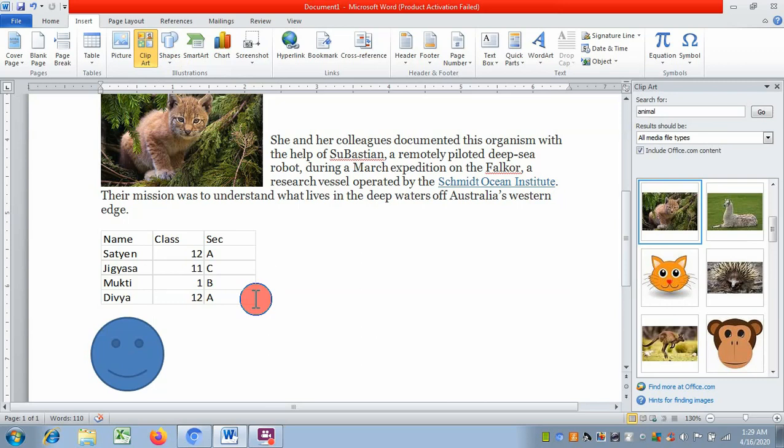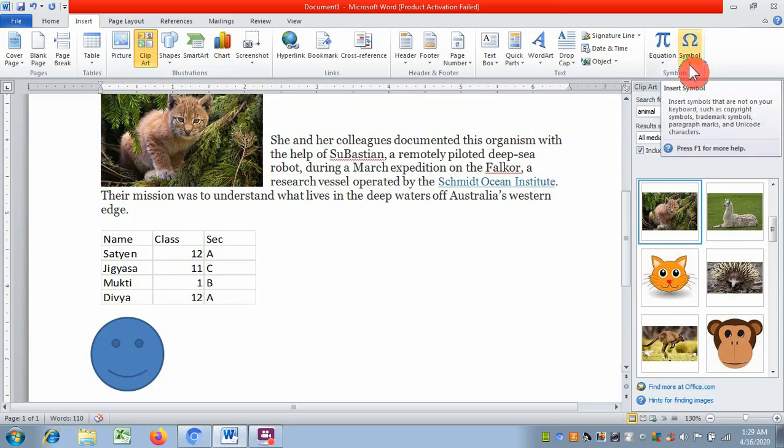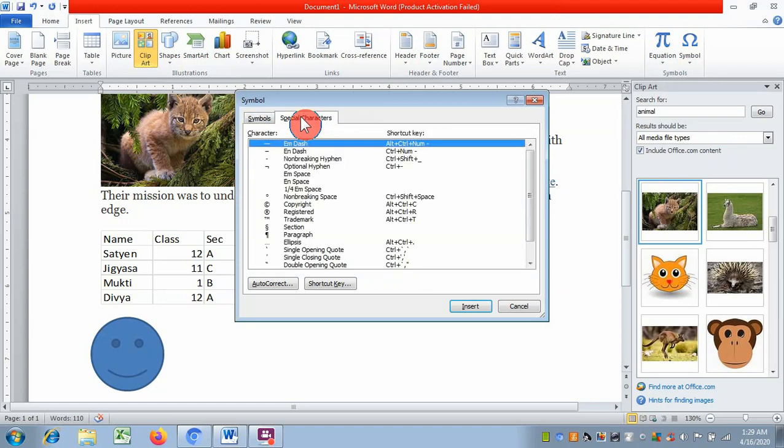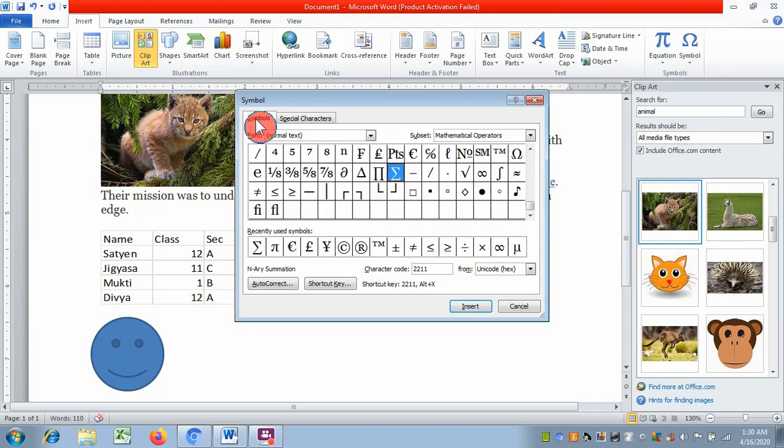Similarly, sometimes we need to insert a particular symbol. Suppose we want to insert a symbol. Go to symbol, then more symbols. These are the symbols, special characters, which you can insert, and you can change the type of symbols by changing the font.